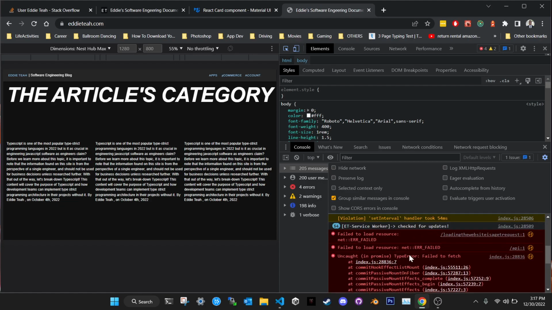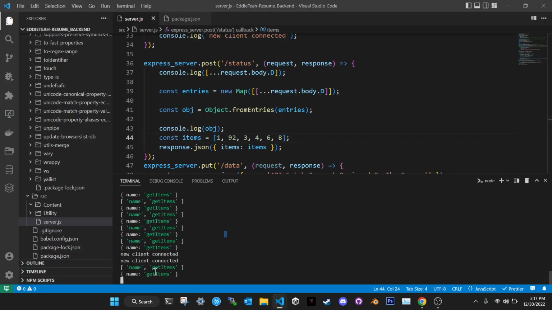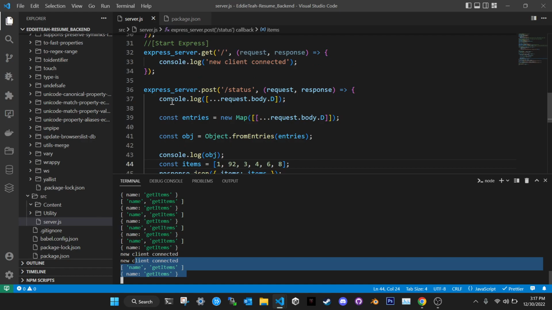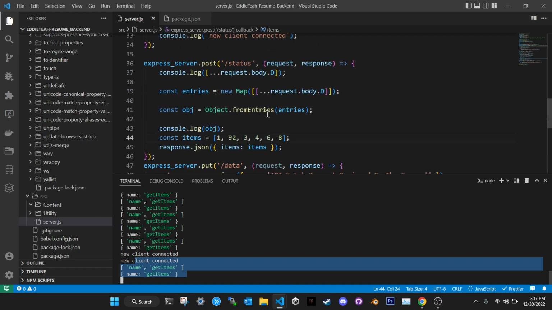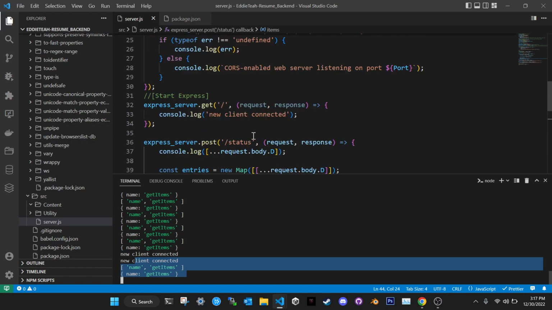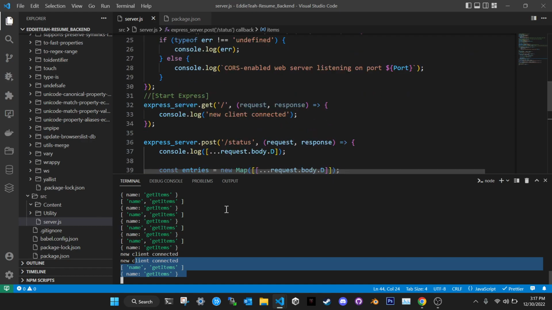What is going on here? Oh, it tried to connect to my server. New client connecting. All right, so this is the server. This is the Express server that I put together, and it covers basic networking IO system. Basically, I get a message, I debug the message, unpack the message pretty much, and yeah, it's really basic.